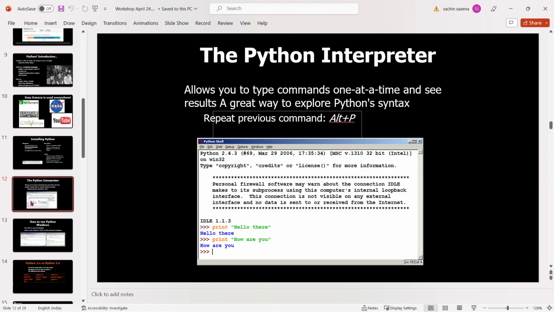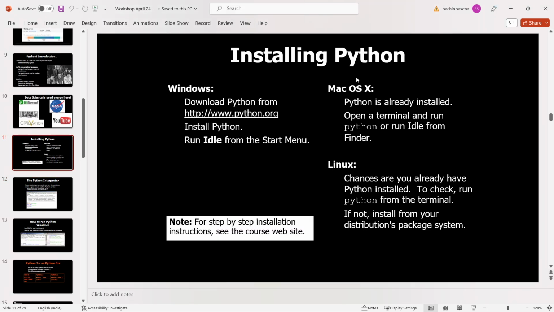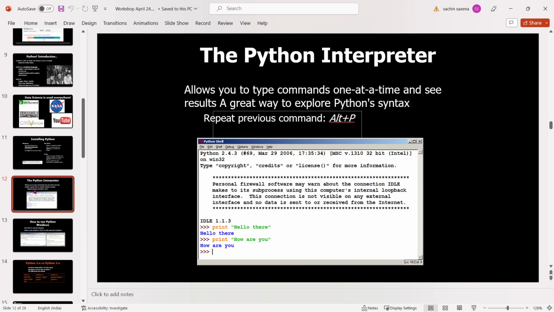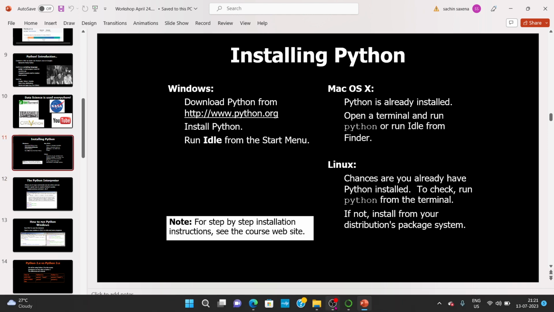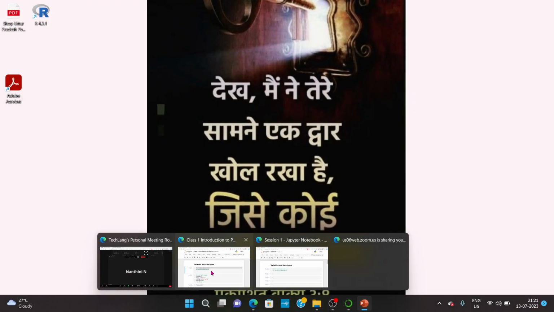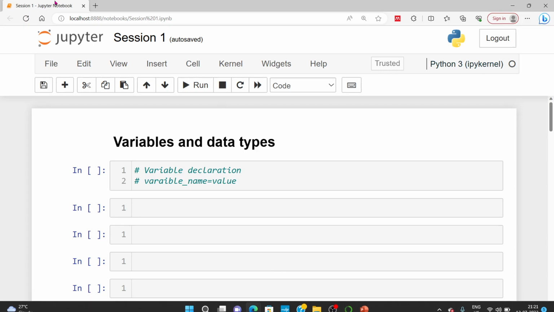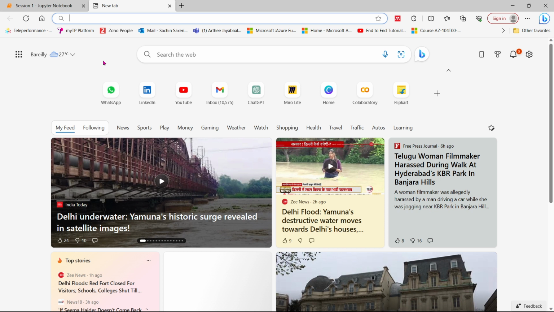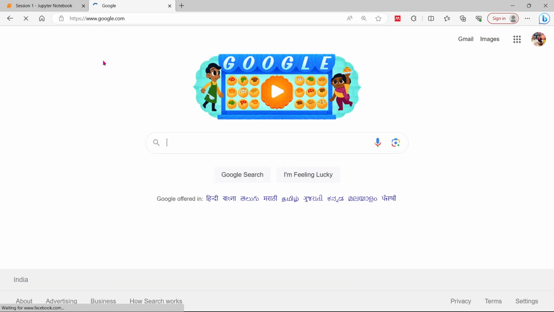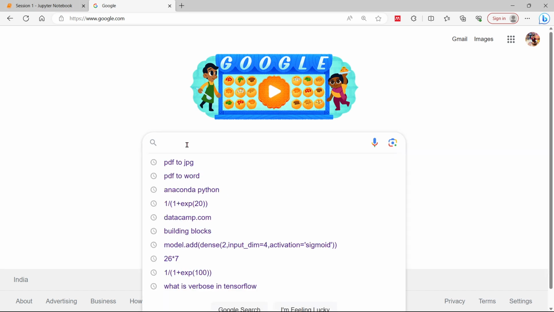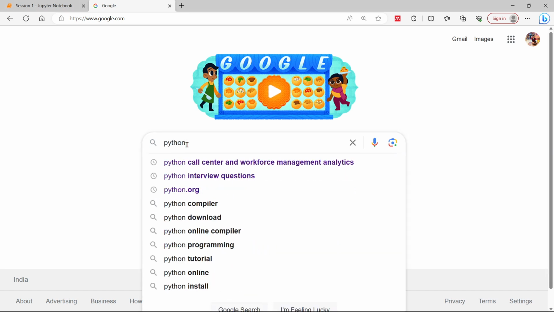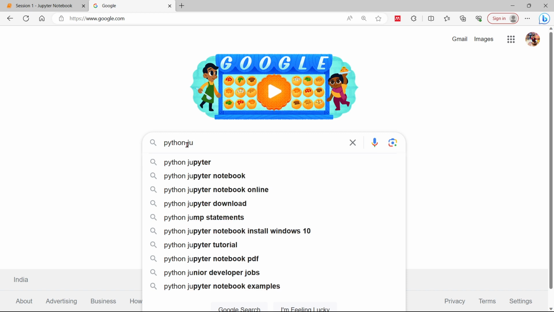So we can see Python, and how to install Python on your system, right? And how the Python interpreter will work, right? So let's go back to the interpreter. Let me check my Google here. So it's our Google point, right? Inside Google, we are going to search for Python, Jupyter, right? Or you can search for